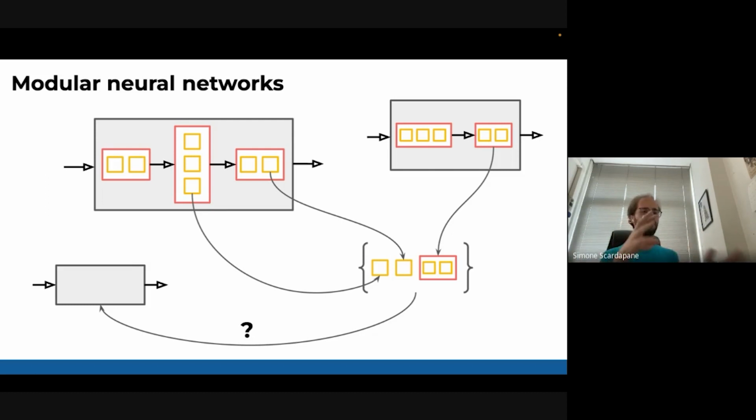We already have some initial ideas along these lines, but this will be really important. Of course, we will need to solve a lot of additional tasks, such as recognizing these modules and also stitching them together. And some of these are combinatorial tasks, so it's an interesting problem that we'll have to solve.